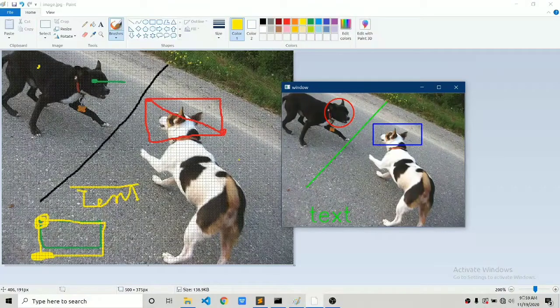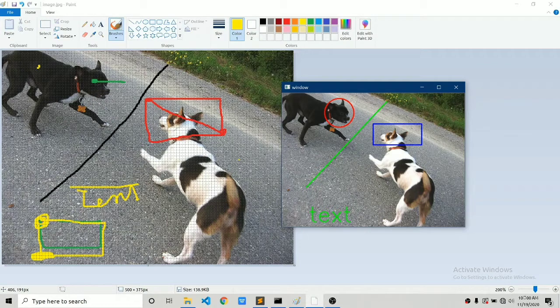So welcome to part 2 of learning OpenCV from scratch. In part 1 I explained how you can read the image, how you can save the image, and how you can show the image on the screen. If you know how to do this stuff, then you are most welcome to this part. But if you don't know how to do that stuff, I would highly recommend you go back and see part 1. Then you may be eligible to watch this part too.